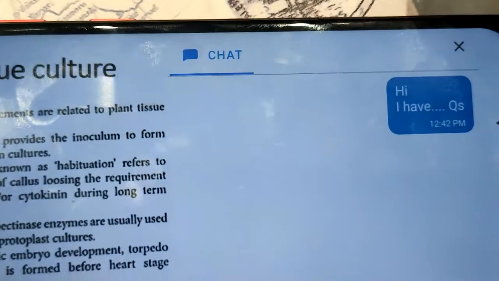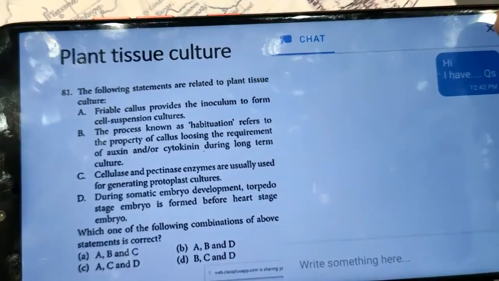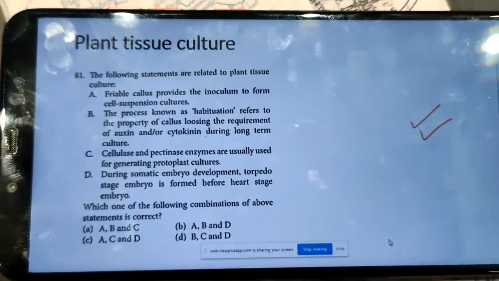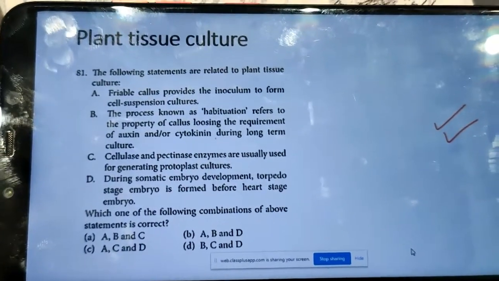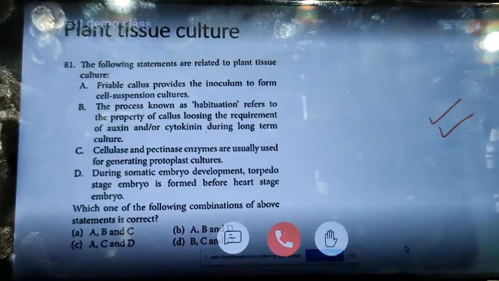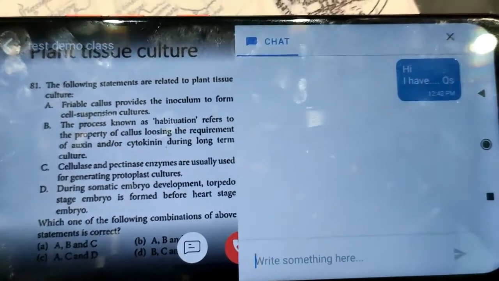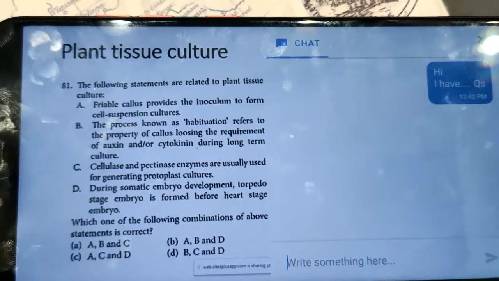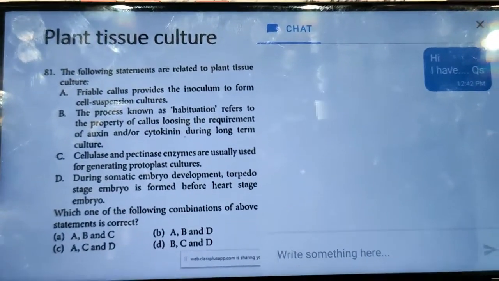You can see that it's already sent, right? And then to get out of this chat option, just click this cross and it will be out of the site and you can see the class in a proper way. And again, if you want to type anything, you can just click on the chat and the chat will be visible, and the previous chat will also be visible. I'll reply to these questions verbally most of the time.